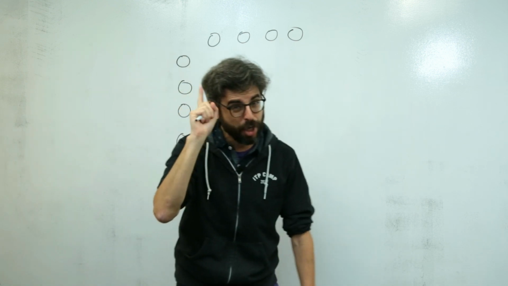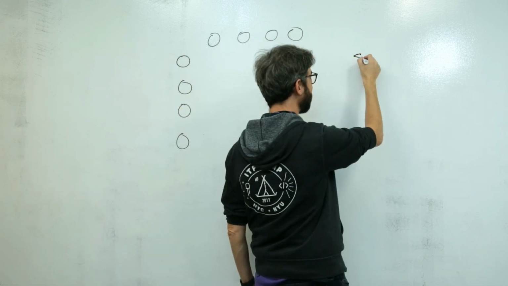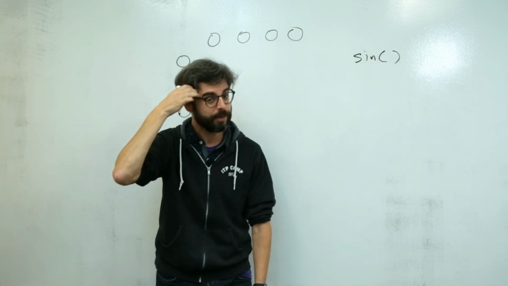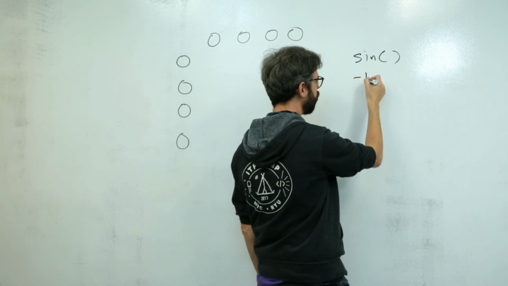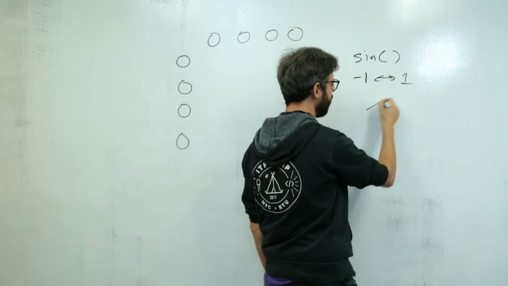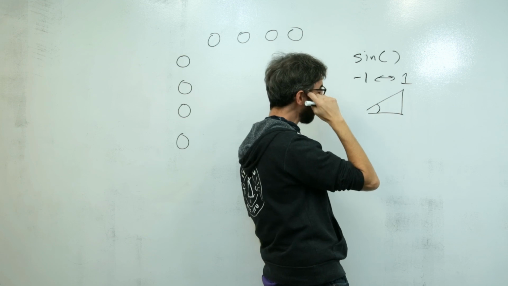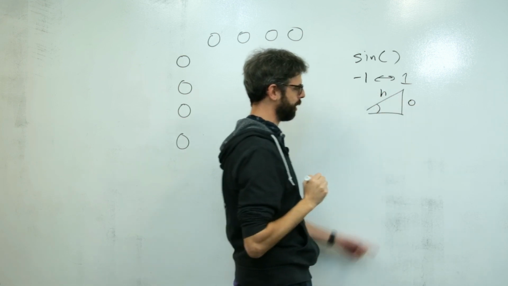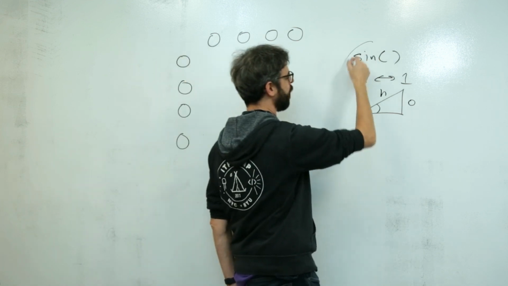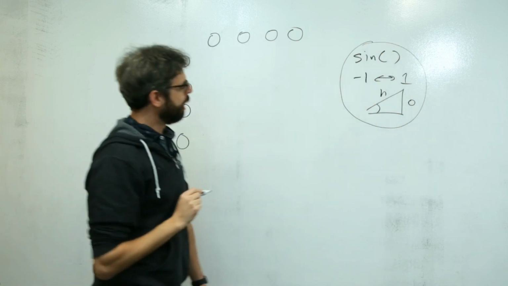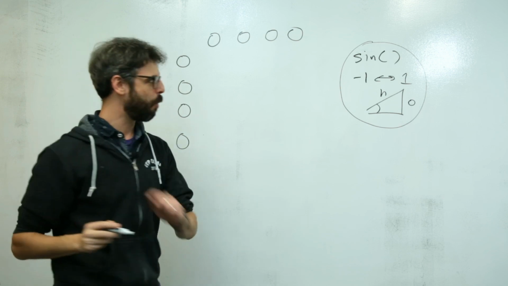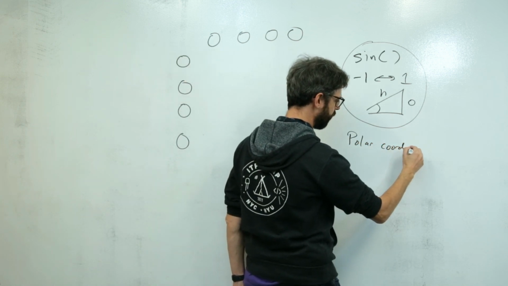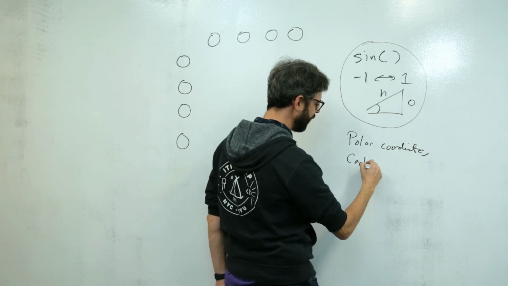So some things you're going to want to know about are the sine function. The sine function is a trigonometric function which oscillates a number between -1 and 1. The sine of a particular angle in a right triangle is the ratio of the opposite side over the hypotenuse, the length of those two things. So this is an important concept. And you're also going to want to know about polar coordinates and the idea also of Cartesian coordinates.